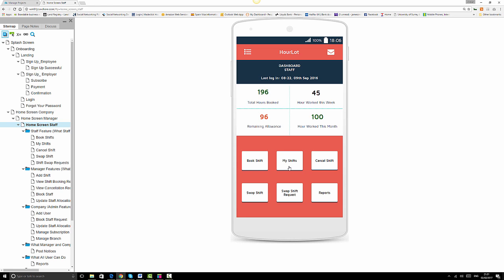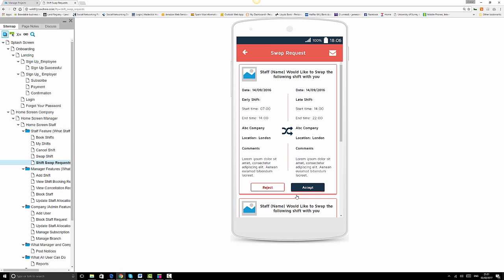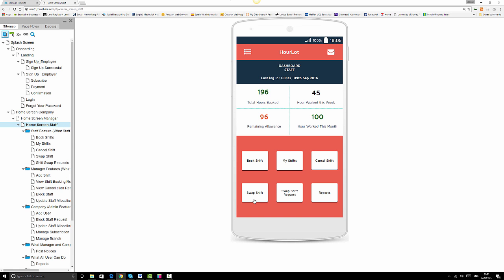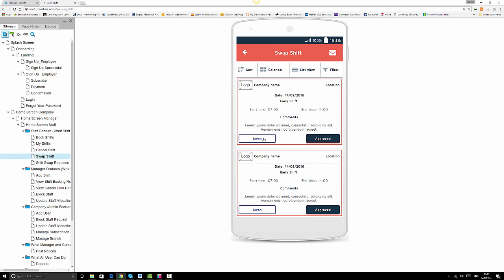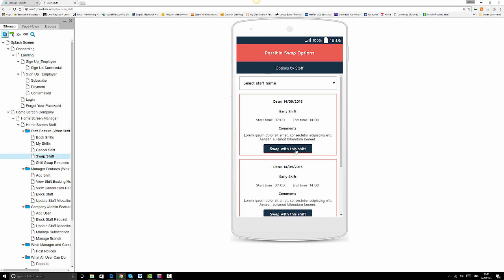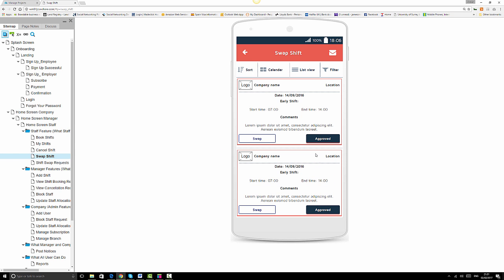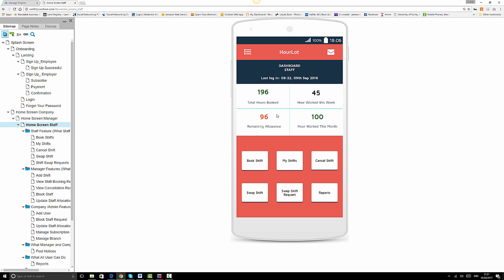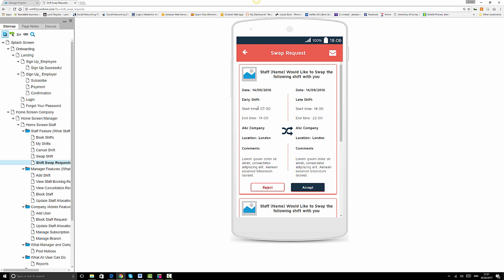The next thing that an employee can do, or a staff can do, is to view the swap request. So if someone wants to swap a shift like I did the previous time, if you send a swap request, then the other member of staff or the other employee will see a shift swap request, and they can read the details